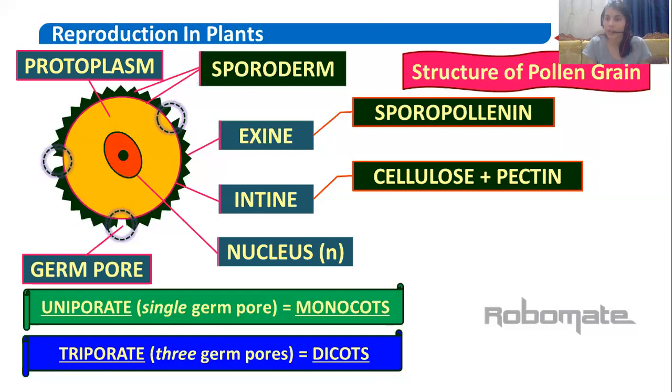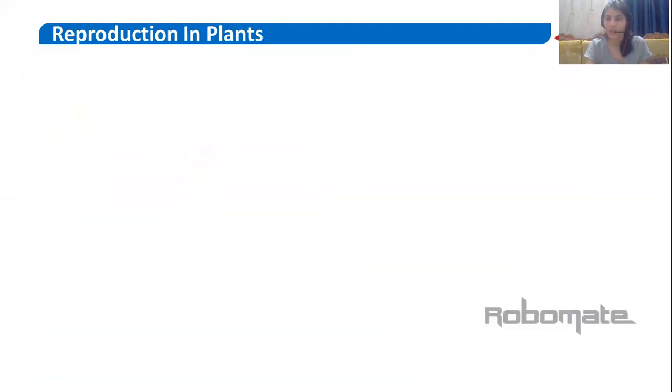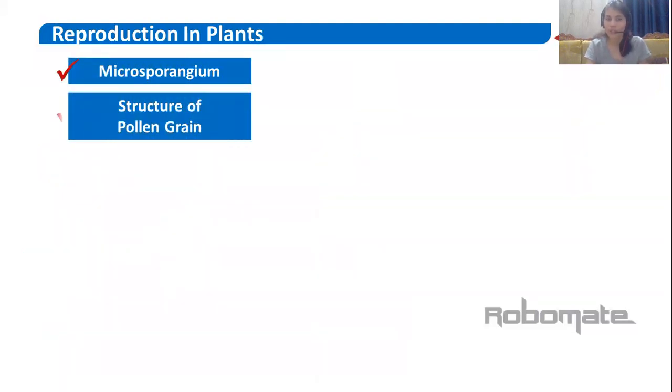What is a pollen grain? Microspores are pollen grains, containing two wall layers. The outer is exine, the inside is intine. The exine is resistant, and some parts of the pollen grain lack the exine, called germ pores. That can be single or three, uniporate or triporate: uniporate in monocots and triporate in dicots. So in this video we discussed the microspore and germ pores, and we also saw the structure of pollen grains.